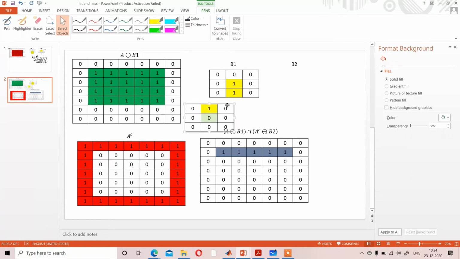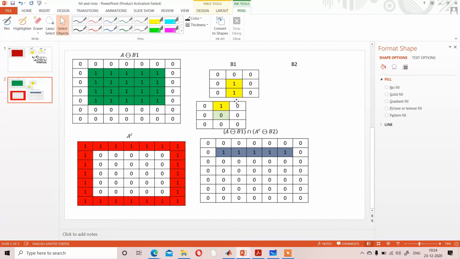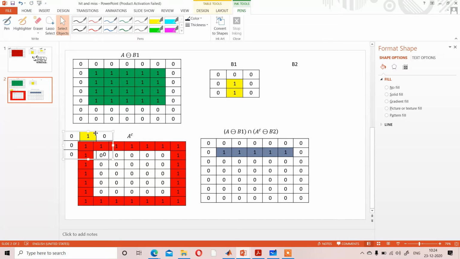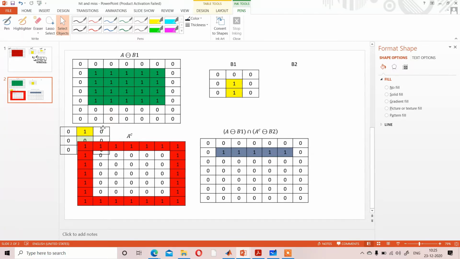Obviously suppose the green shaded part is your middle point, center point. Okay, then each pixel is compared with the pixels given in my A complement, considering zeros and 1s. You have to compare each and every pixel. That is the first row, first column pixel, and that is not providing the eroded value because the 1 is not matching to any one. So the first row will not give you any eroded value.